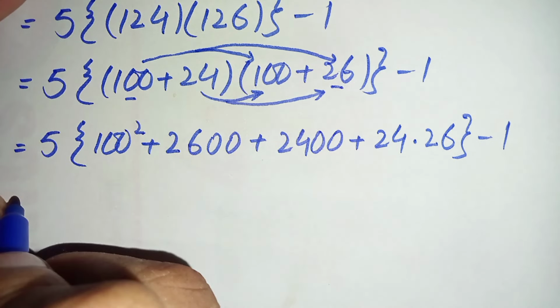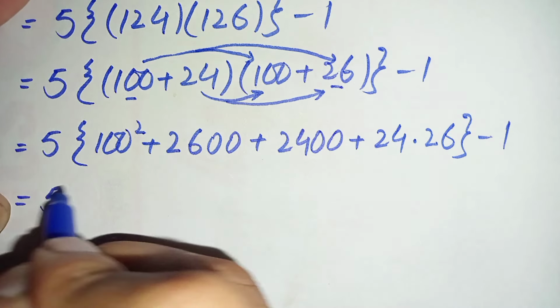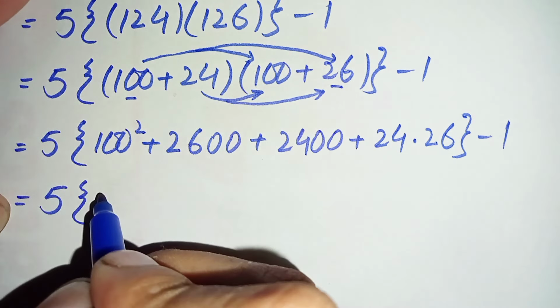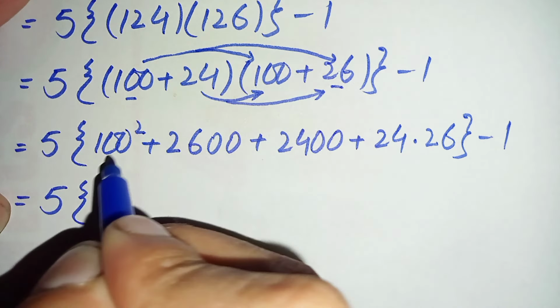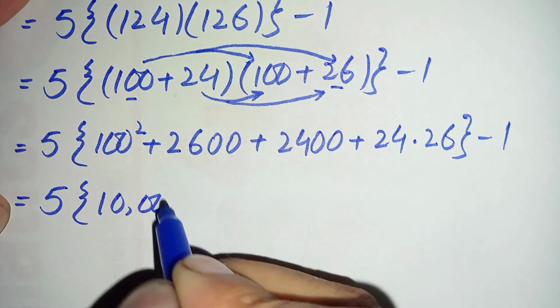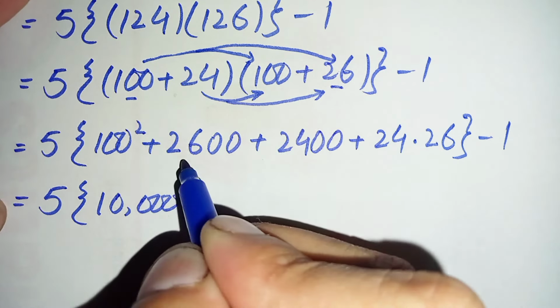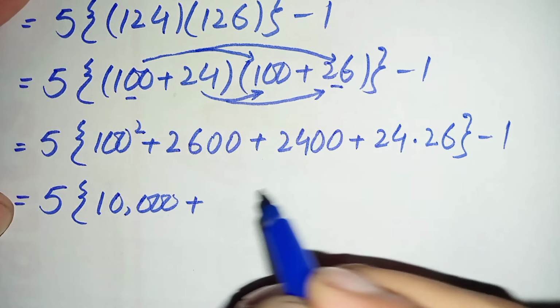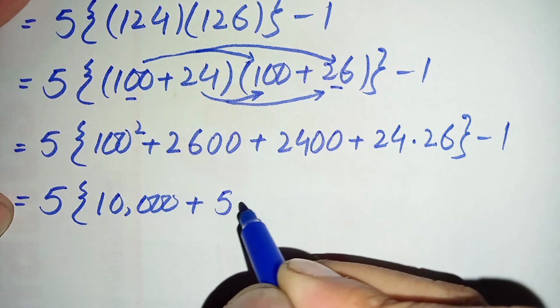Now further this equation will become 5 times 100 square is 10,000, plus 2600 plus 2400 is 5000, plus